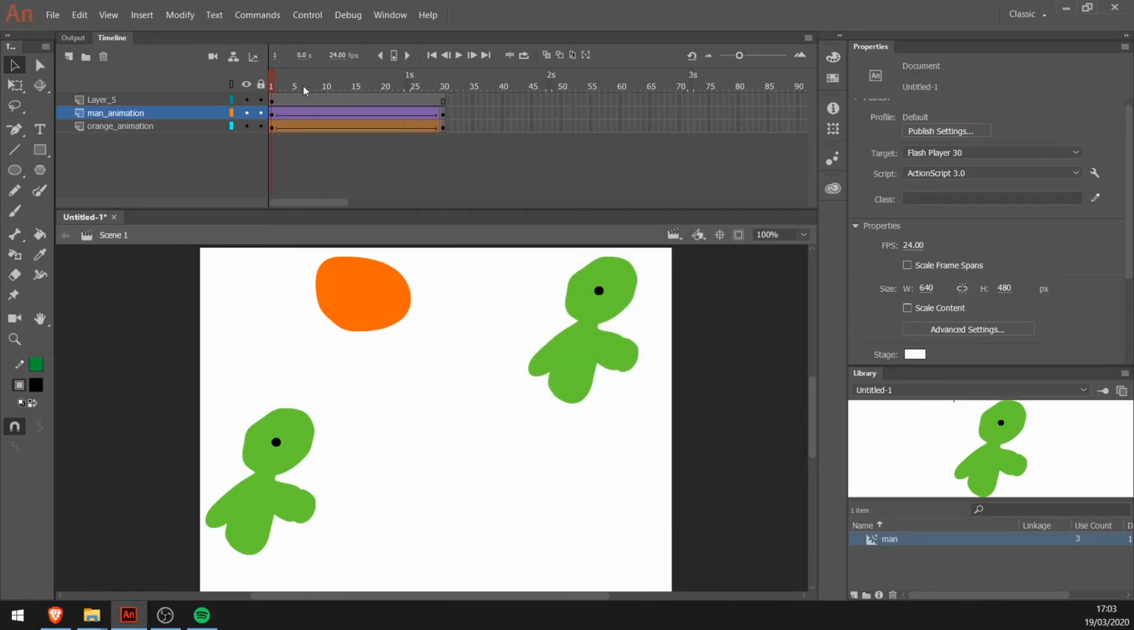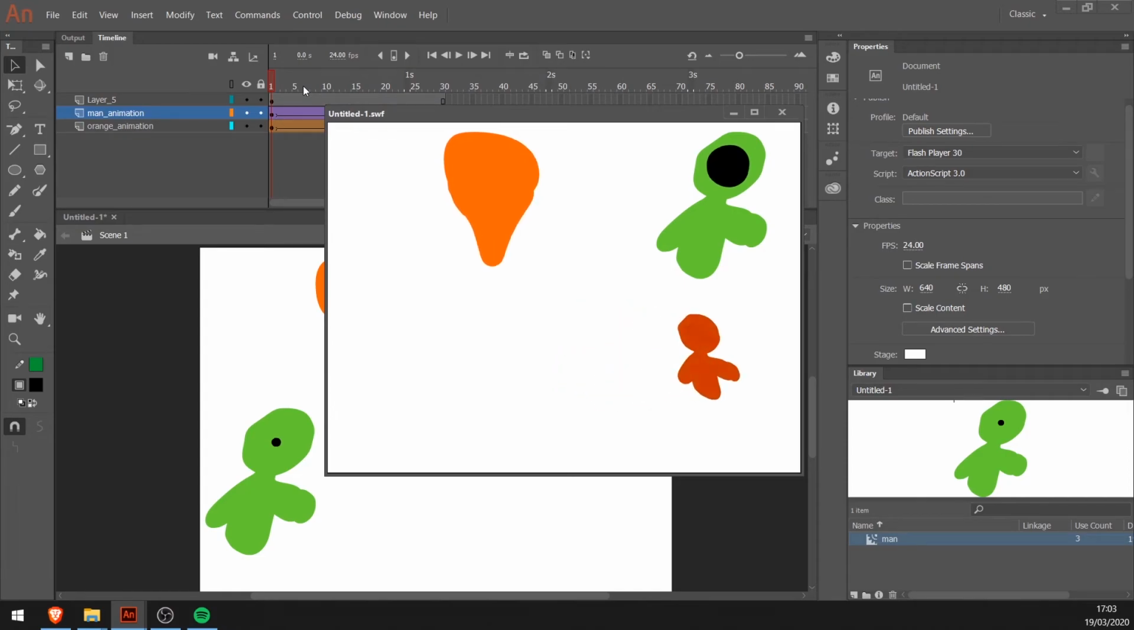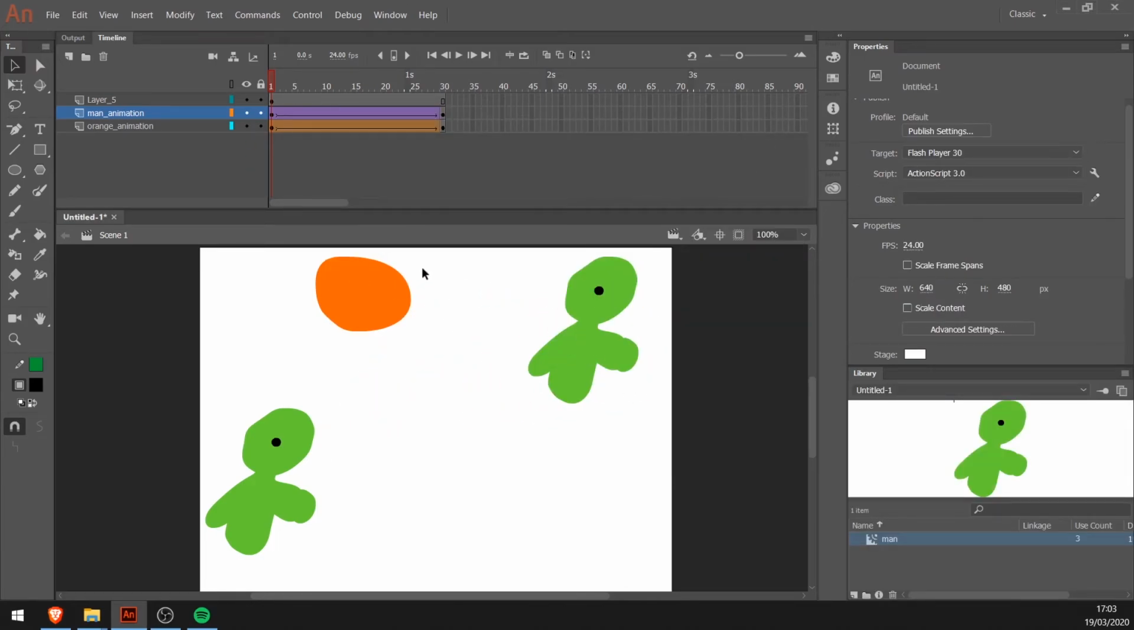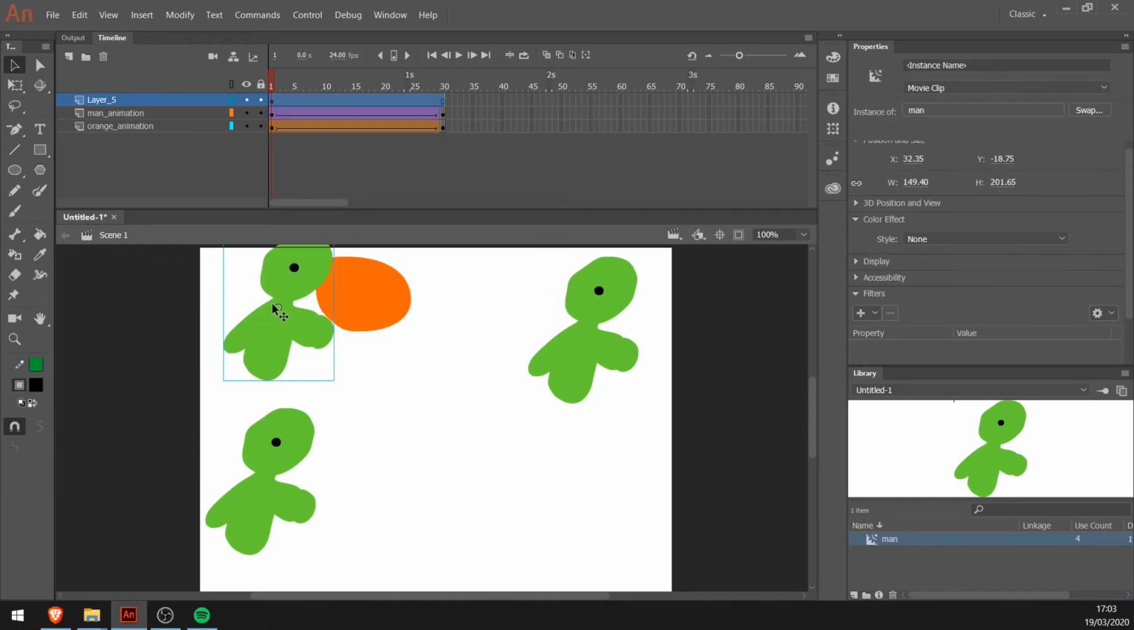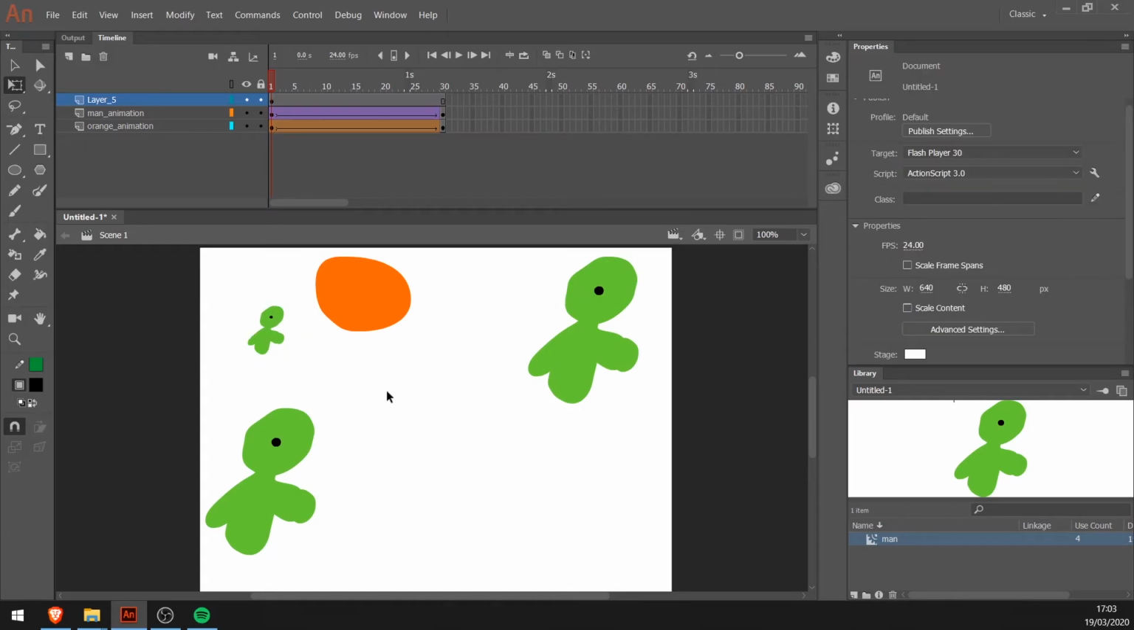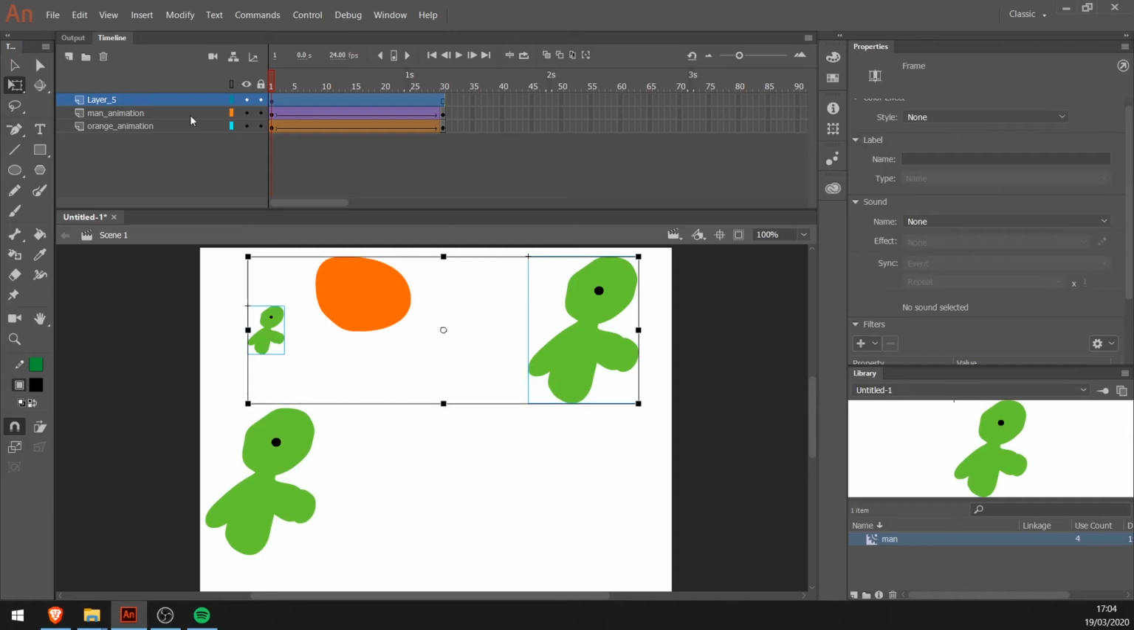So how can we see the animations inside animations? Well, we just have to press Control Enter. And now, as you can see, both have the animations and the animation never stops. So this means that now every time we drag a new man, and I will make this one smaller, for example, and pay attention that now I drag the element to the same layer,